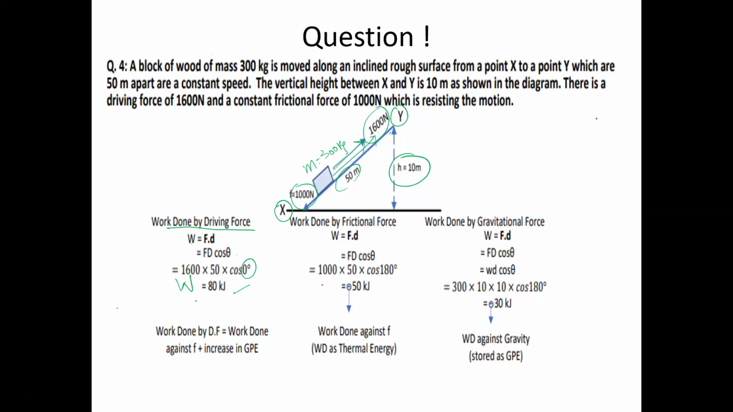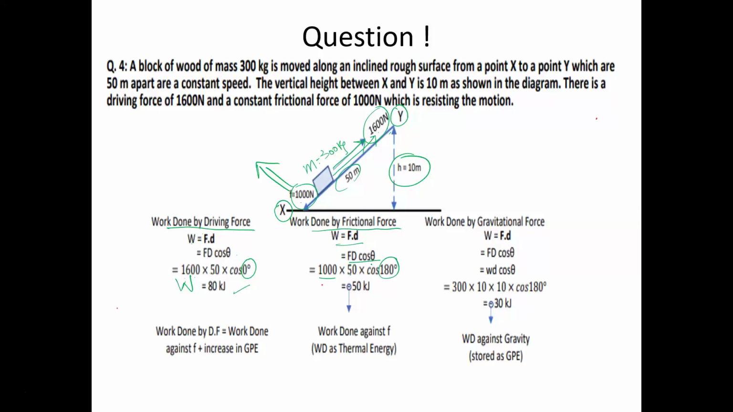80,000 joules. But if it is asking to find out the work done by the frictional force, the work done by the frictional force will be given by what formula? W is equal to F d cos theta. So the force is going to be the friction force. We know friction force is the backward force, and that backward force is 1000. And again, the distance covered during the friction being exerted is 50, and the angle between 50 and 1000 will be